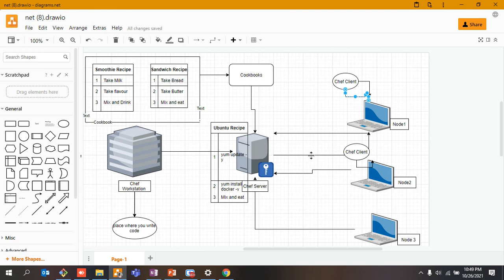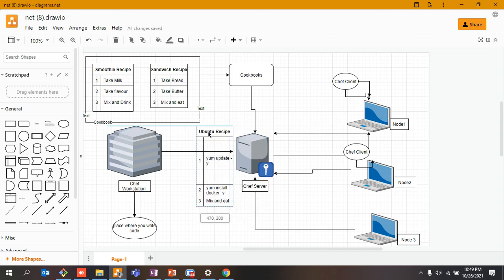Just for the sake of easiness, I'm not going into that. Only try to understand that something gets updated over here. Say I have uploaded a sandwich recipe onto my kitchen. Now the maid goes and takes that recipe and builds it for me, whatever I want to eat. Simply, the Ubuntu recipe is over here, the Windows recipe is over here. Chef client will make sure: do you have that recipe? No? It will come over here and download it, in a very, very simple fashion.